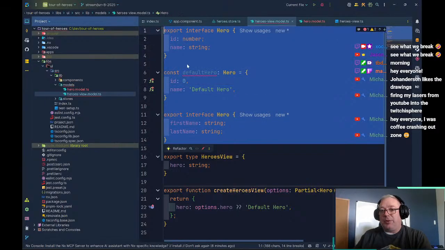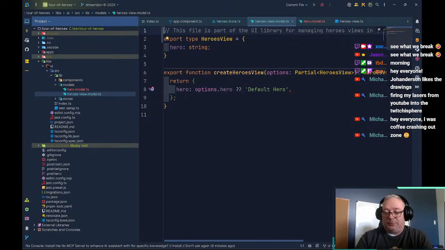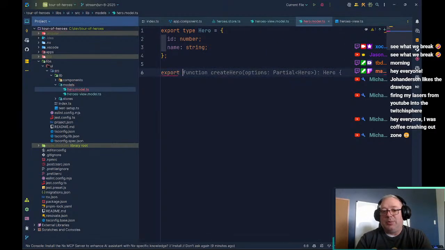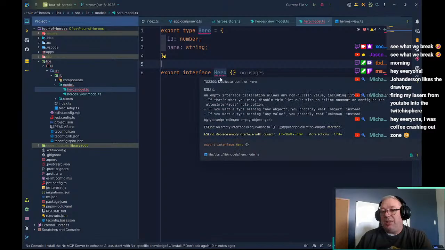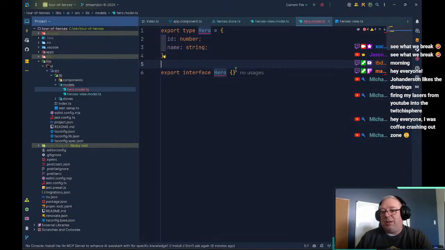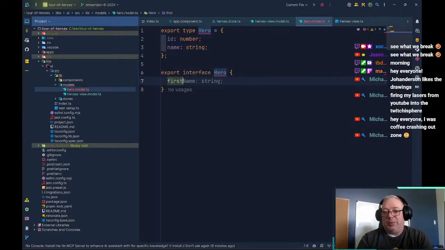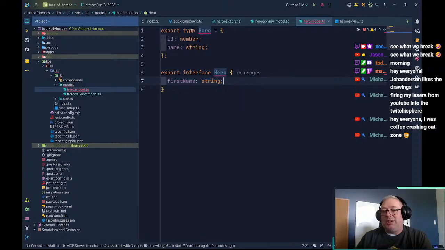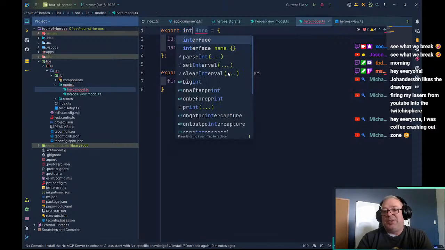This is why I prefer to export types, if I don't expect my type to be extended, right? And so now if I go export interface hero, right? It's already going to tell me, hey, you can't do that, right? So if I try to add my first name string, notice that here it's telling me I've got a duplicate identifier, right? But as soon as I make this an interface,